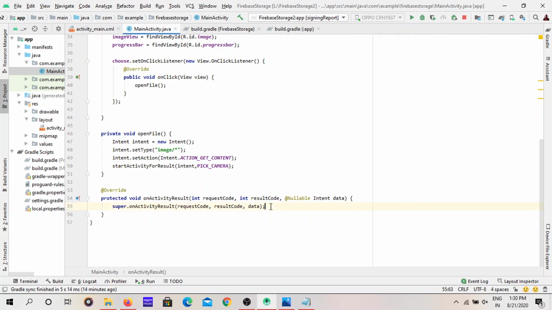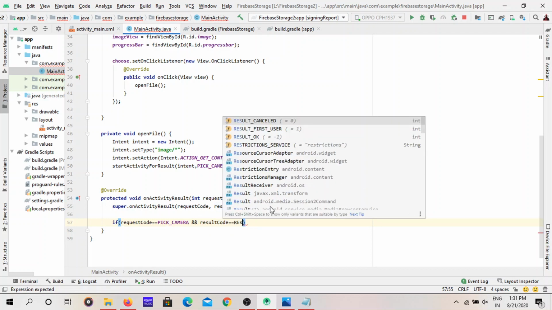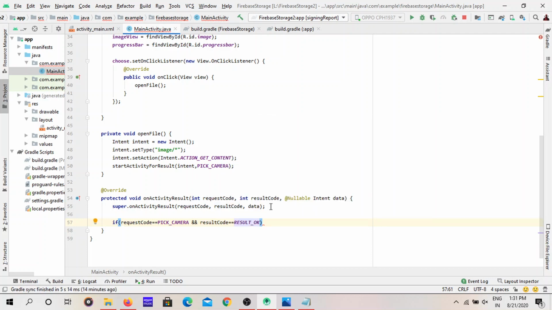I will explain you clearly with one statement. Let me write one statement. What we have to do is, if request code is equal to pick camera and result code is equal to result, okay, don't panic, I will explain this.